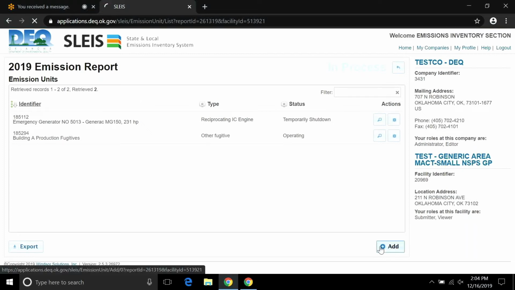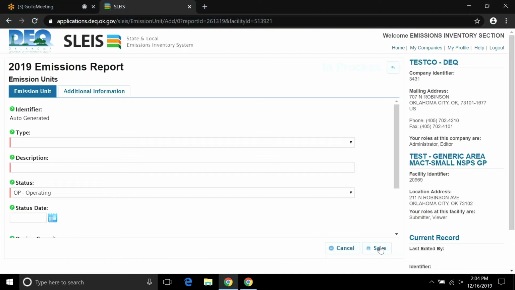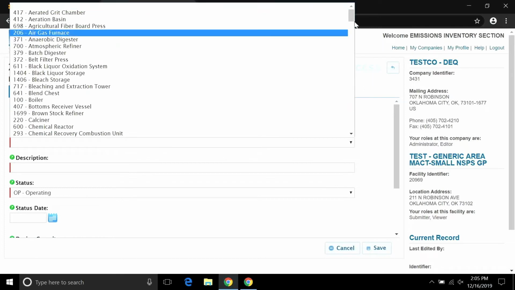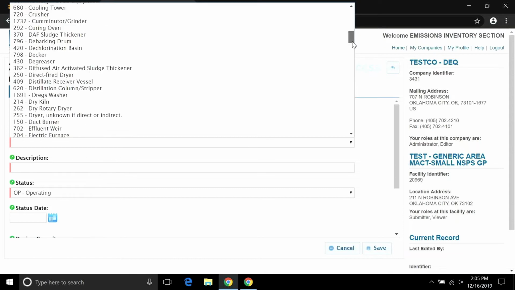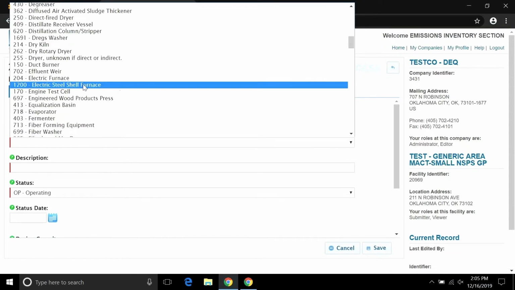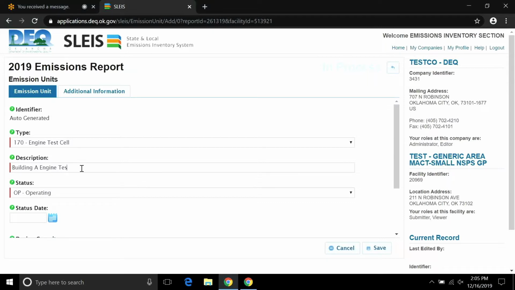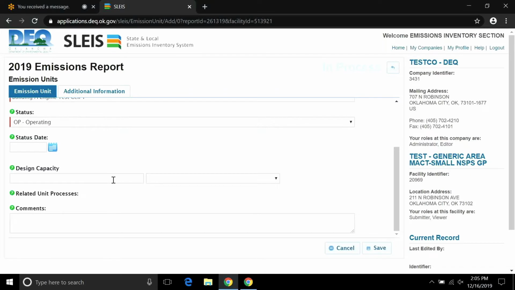So if I click on the Add button again, emission units are very simple, almost exactly like they were in Redbud. So the type is just what I'm wanting to report. A, B, C, D, E. These are all alphabetical, which is nice. Engine test cell. It is operating, and I am not going to include design capacity here because there's going to be multiple engines